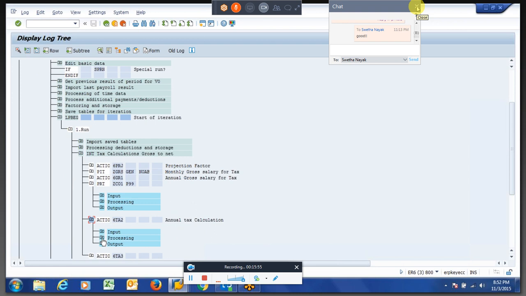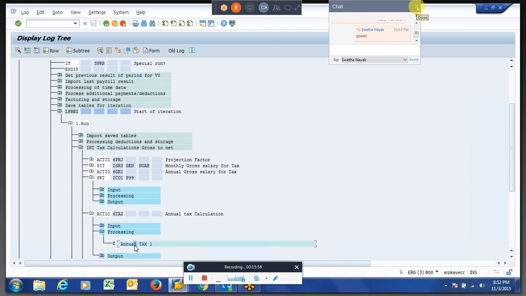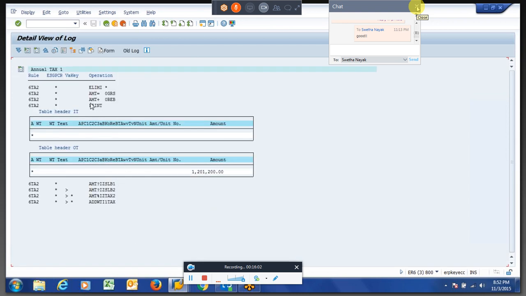Okay, within this PCR itself, I think I modified the things. So here what we have to do, whatever the gross amount we have, I am going to add this. The only change I have done is I have written a line here.